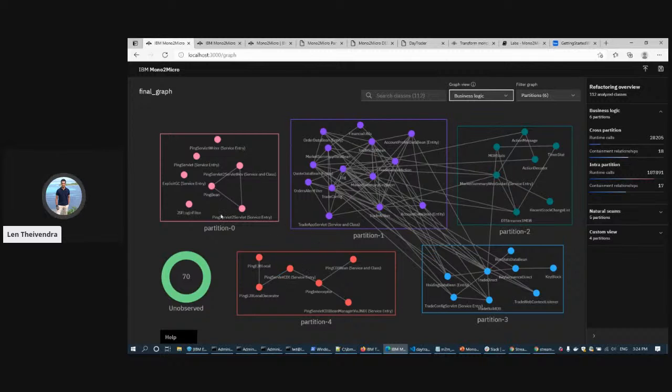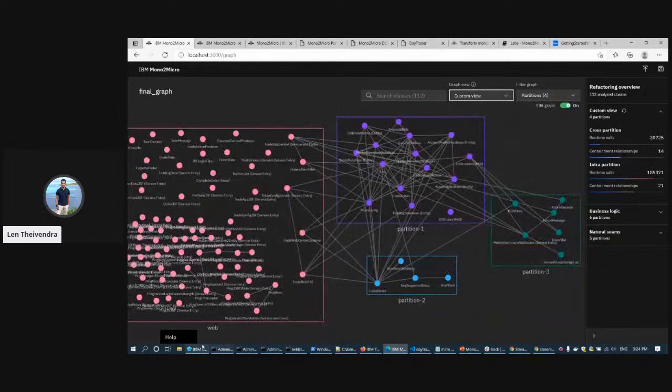So all of these servlets and these other unused classes that are mostly UI classes, I feel like they could be best fitting in one partition. So that's what I did here. I created a web partition, basically, moved all of my front-end UI code into that partition. And I also moved some servlets that Mono2Micro had initially placed in these other partitions into this one, because I